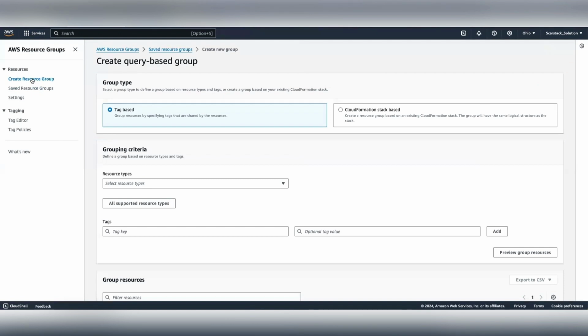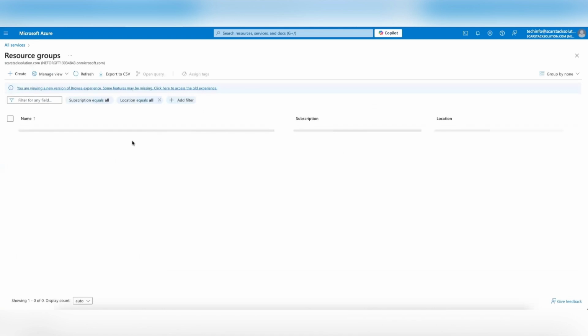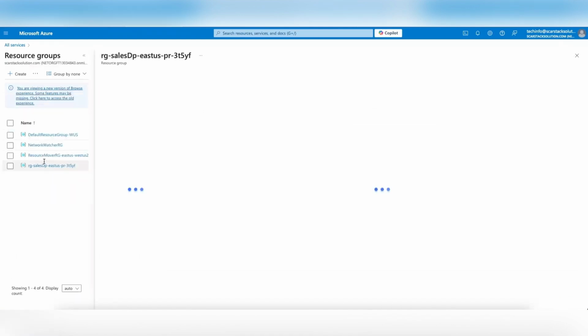So over here, we have our tag-based resource groups. And just to quickly mention tags, I think we're trying to talk about it in the Azure cloud. I've just switched back to the Azure cloud. Bear with me, I know how to switch very fast within this environment. I'm just very used to it. So for example, if I click on this resource group right here,